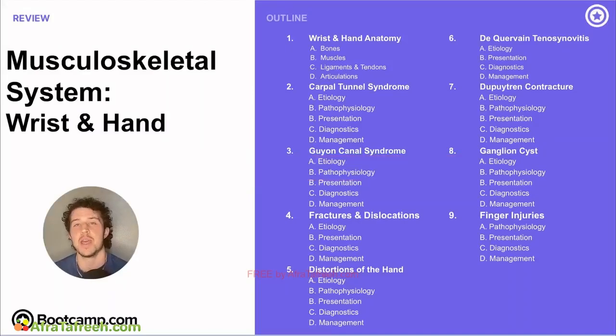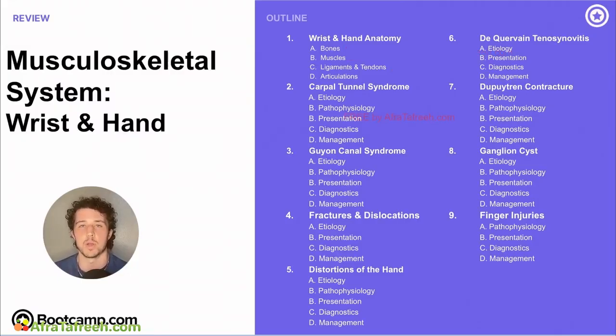My name is Jonathan, and today we are kicking off a new chapter in which we're going to be talking about the wrist and hand. In this first video, we're just going to be talking about the anatomy. It's not going to be a full deep dive into all of the insertions and innervations. We're just going to talk about the bones, muscles, ligaments, tendons, and articulations to sort of set the stage for